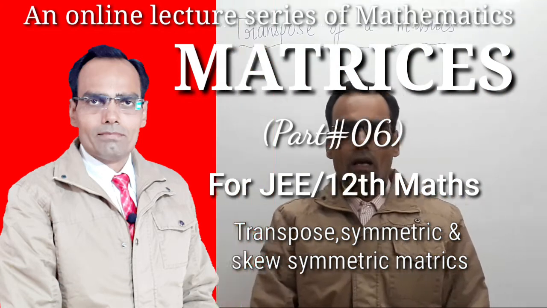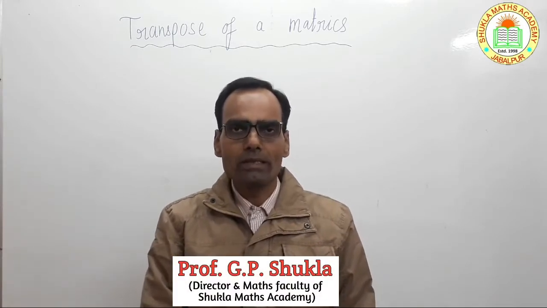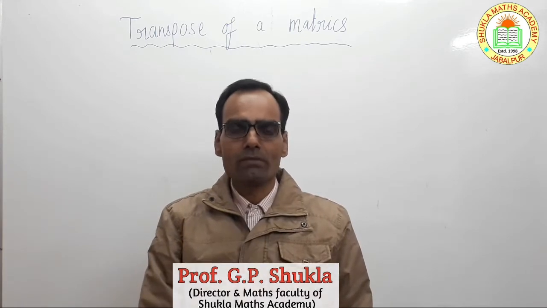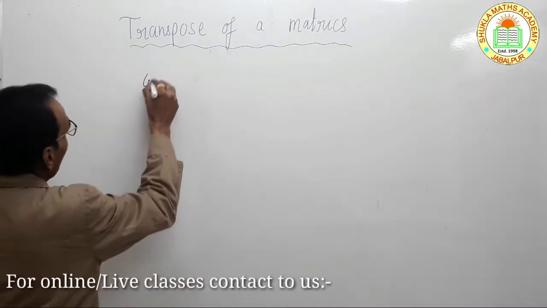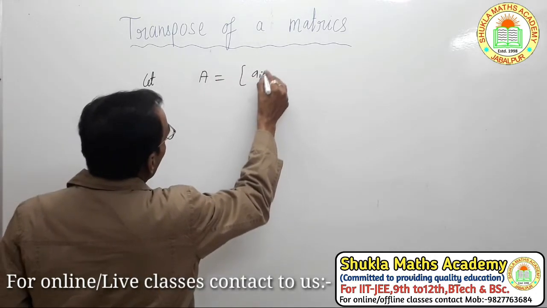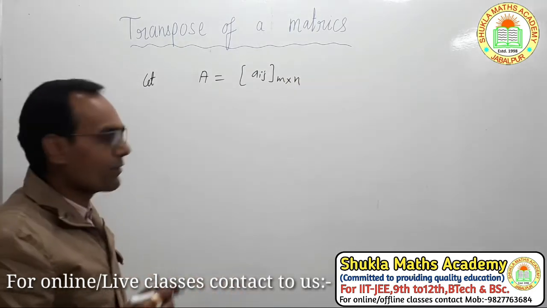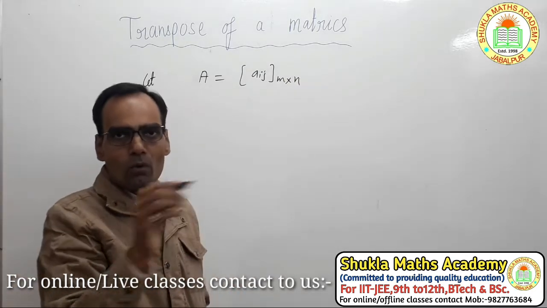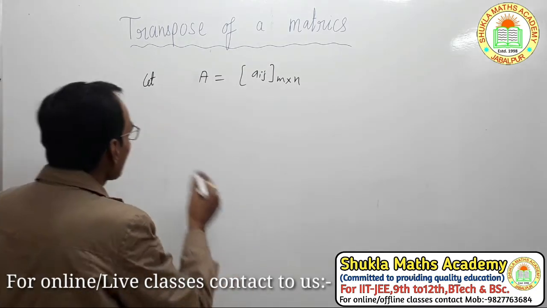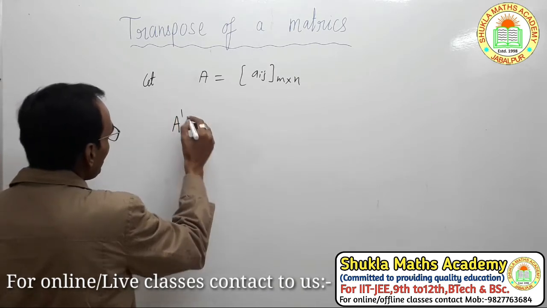तो बच्चों अब हम बात करेंगे कि ट्रांसपोज ऑफ ए मैट्रिक्स क्या होता है, यानी कि परिवर्त आव्यूह क्या होता है और इसे हम कैसे फाइंड कर सकते हैं। तो लेट A इक्वल टू Aij is a m cross n matrix, right? And if we convert the number of rows into the column, so we get a new matrix, and this is called the transpose, means परिवर्त आव्यूह or transpose matrix.